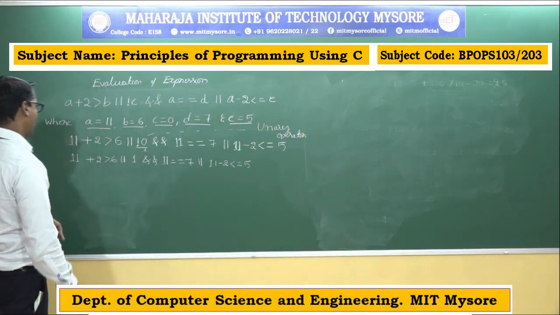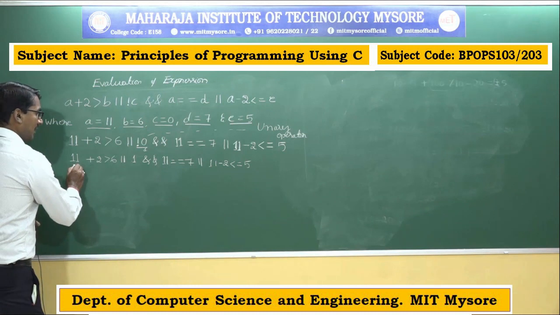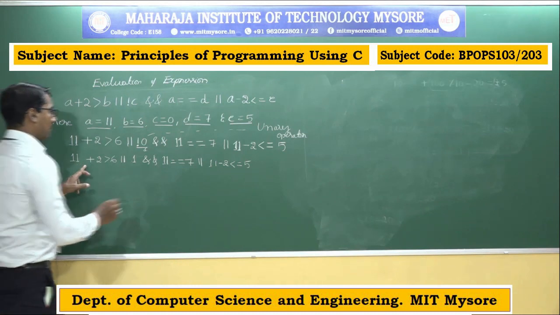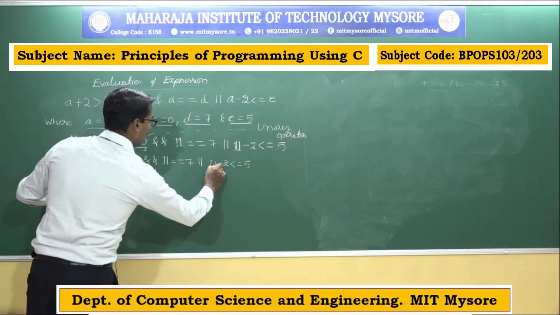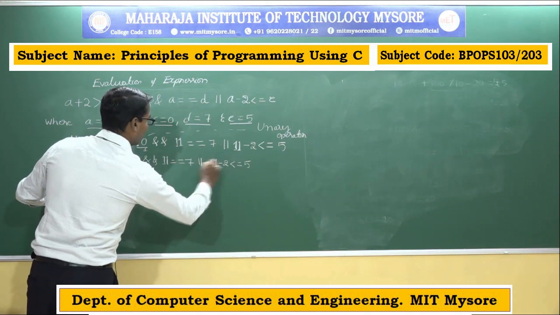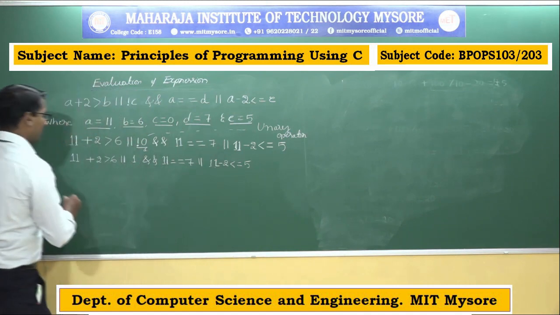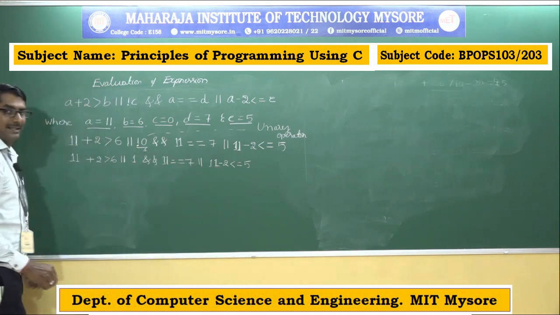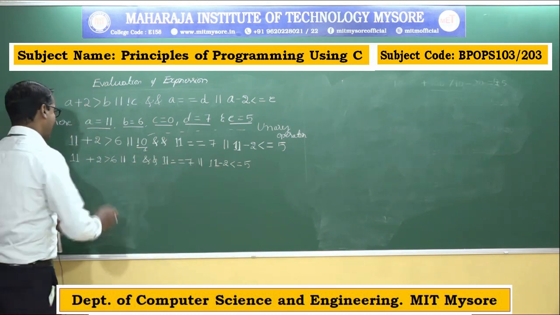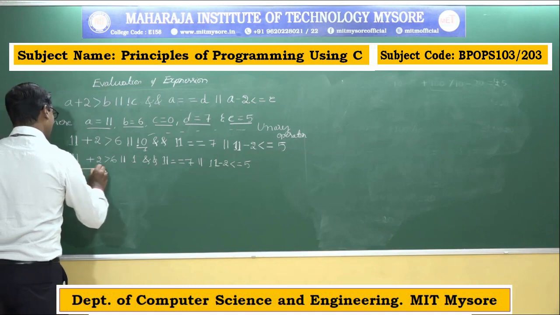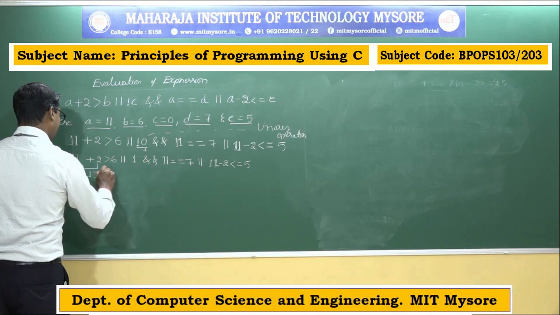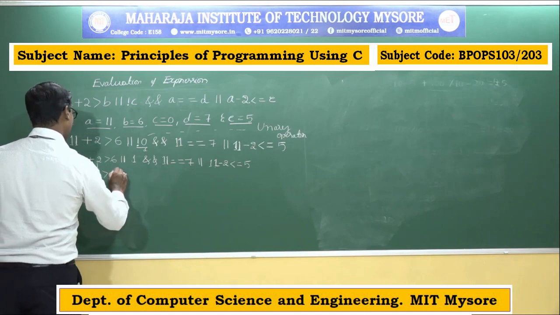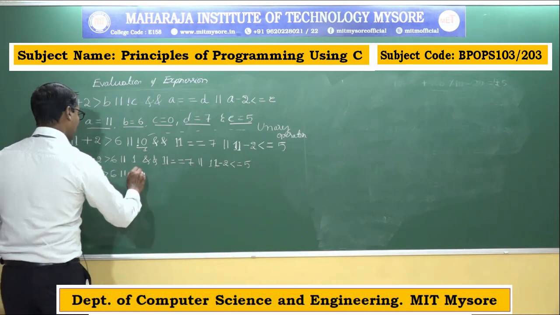Next is 11 plus 2, then 11 minus 2, the arithmetic expressions. Here addition and subtraction have the same precedence, so it will evaluate from left to right. So, first it executes 11 plus 2, that is 13 greater than 6 or 1